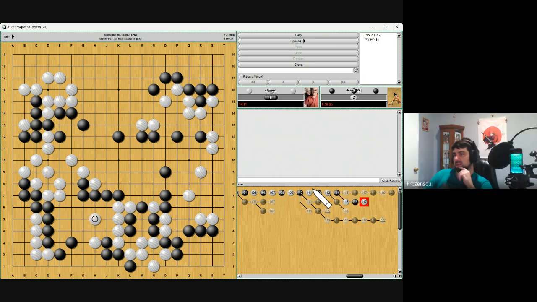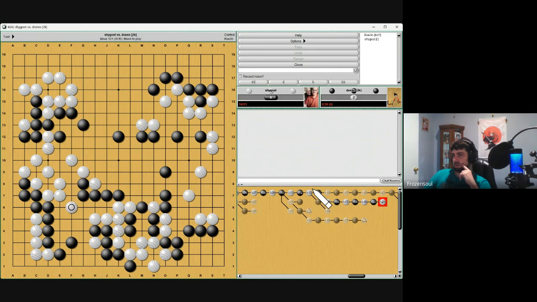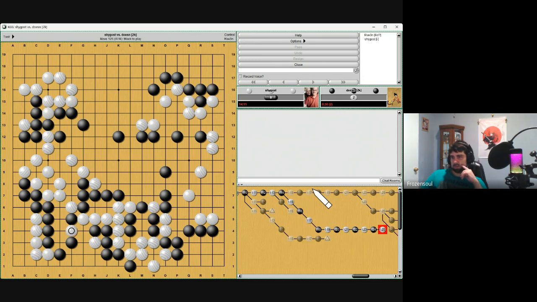Yeah, if we do something like this, I think this should be okay for White. Because Black is kind of married to the idea of cutting through now. Otherwise, White will just get to play H2 and kill Black first. So if we get something like this, though, we just connected. If Black tries to cut like this,